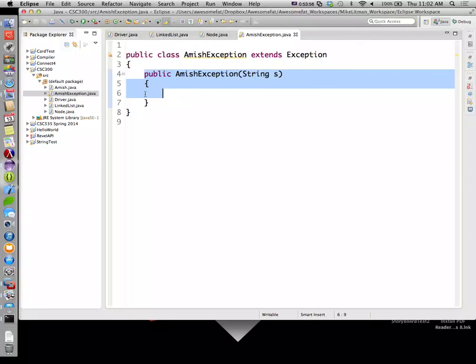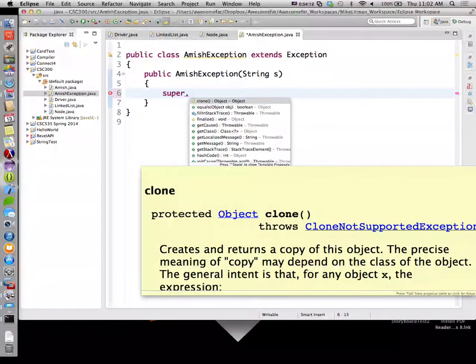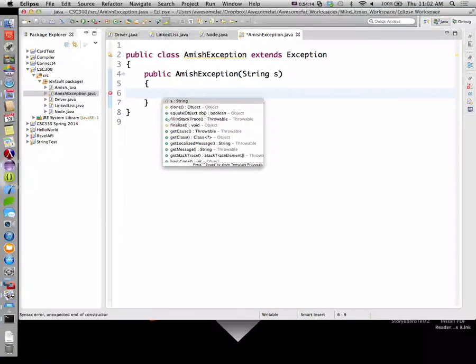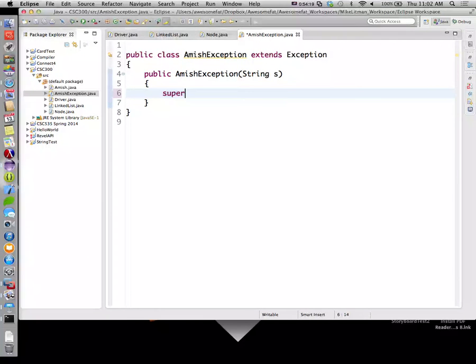Who is Amish exception's parent? Exception. When we are inside of Amish exception, the way we refer to my parent is the keyword super. So my parent has methods. I can say super dot and call upon his methods. But I can also utilize my parent's constructors by saying super,